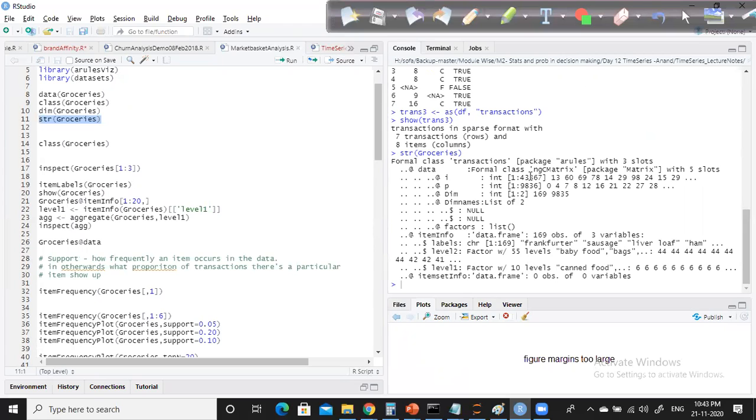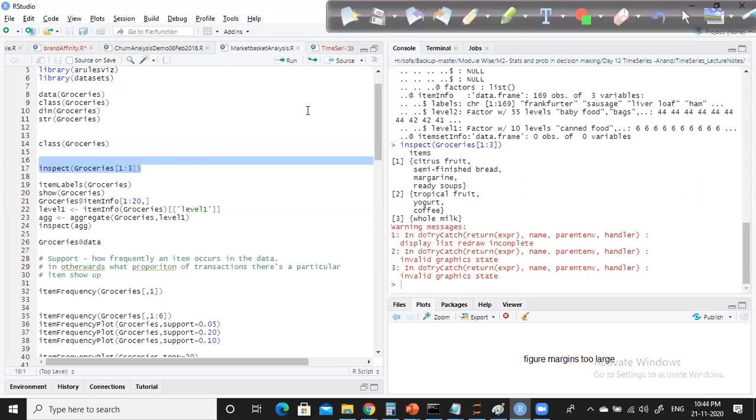The transactions type of file is sparse, obviously, because in one invoice a customer purchased only one item, while another customer, in his invoice, purchased 10 items. For customer one, only one item is there, but the rest will be blank. Some customers have 10, some 15, some 3, 2, 1. Since the data will be in this sparse format,